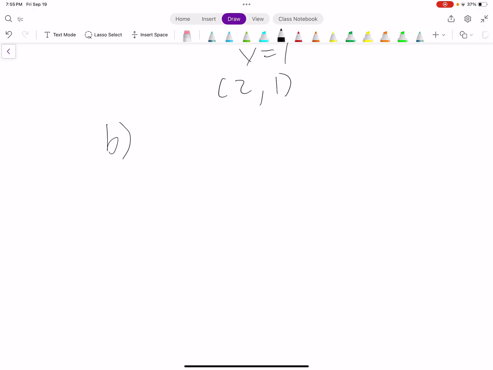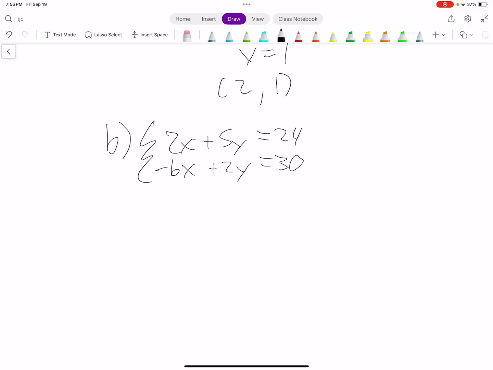Second one is solve the system of linear equations. And this one's a little bit harder. It's more likely going to be the one that's on the test. Okay, so here's your system of equations. We're going to use elimination here. So with elimination, you're multiplying the equations by numbers so you can get them to match. So if we can get two of the variables to have the same coefficient but opposite sign, then we add the two equations together, they'll eliminate that variable,